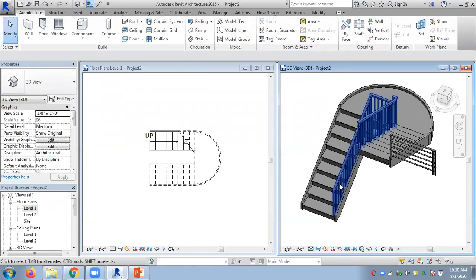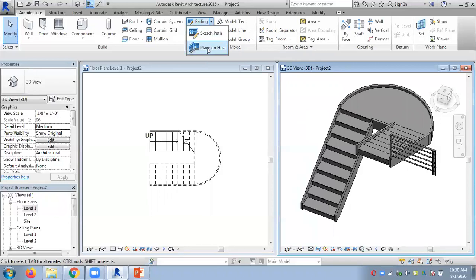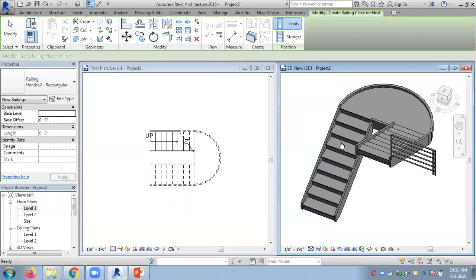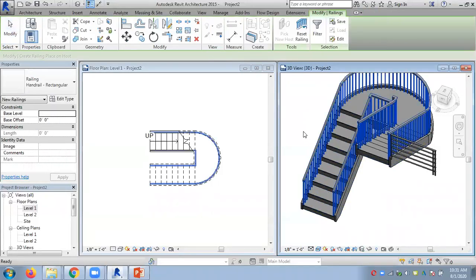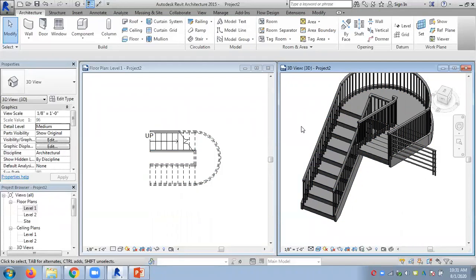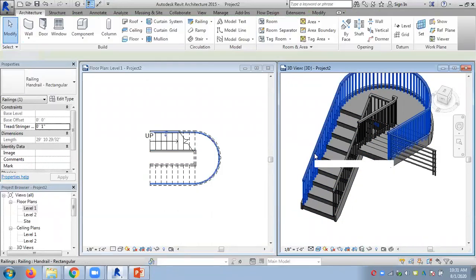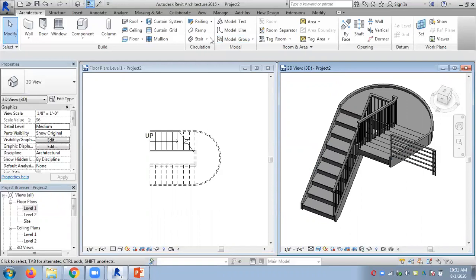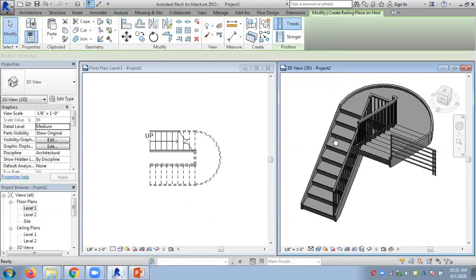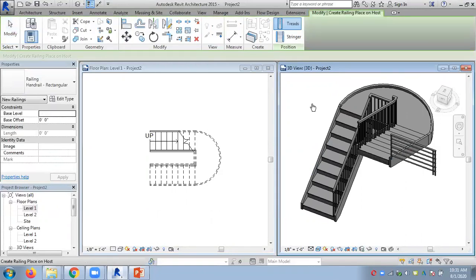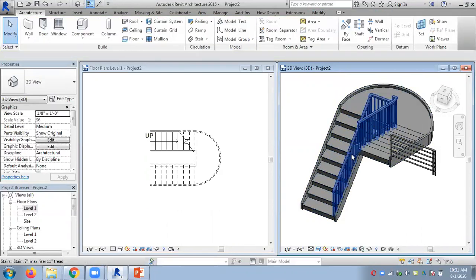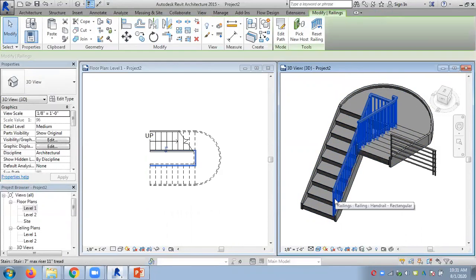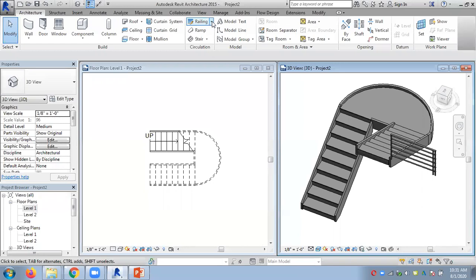So if you delete this side also, and if you want to take them back, you can go here and use based on host. So it will come back. So if you have at least one railing on one side, this tool will not work. So you have to have both sides empty to start this tool to get the results from the tool.